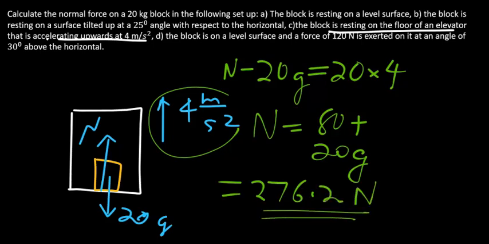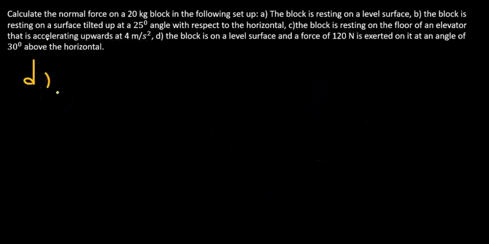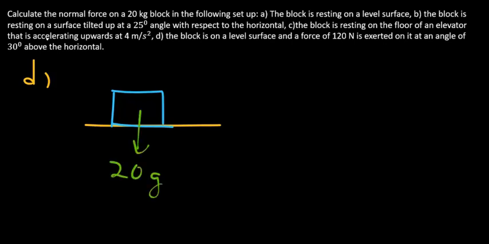and that is 276.2 newtons. And part D, the block is on a level surface and a force of 120 newtons is exerted on it at an angle of 30 degrees above the horizontal. So that's the surface, and you have an object resting like that. The forces are, 1, the weight, which is 20 times gravity. Then you have this normal force, and a third force, which is 120 newtons